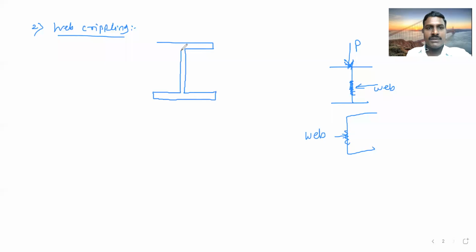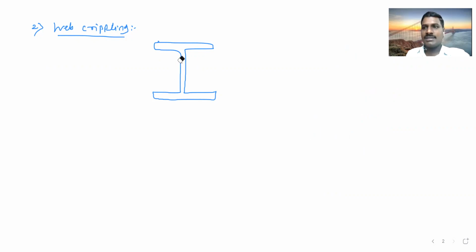If this is the I section, generally we use the I section for the beam. You know that better, because whatever I sections are given in the steel table, we use these I sections for the beam almost every time. Sometimes we use a channel, but many times we use I sections for the beam. So while designing the beam, we will select the I section. Okay, so this is the beam.